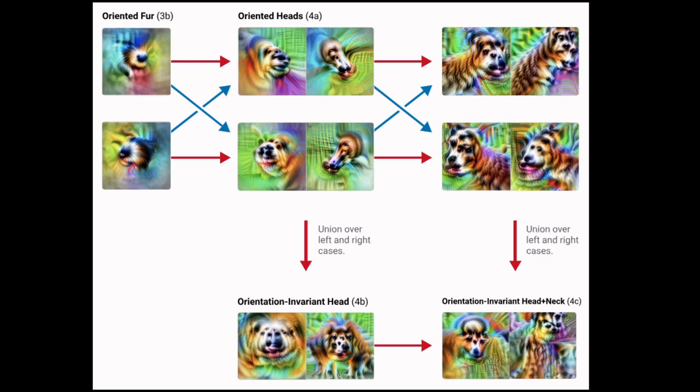The left facing head feature then again stimulates the left-facing dog profile feature, so a dog with a head and a neck, and inhibits a right-facing dog head plus neck feature. So now you are separately detecting a left and a right-facing dog head. The model then basically says, if there's either a left-facing dog or a right-facing dog head, then there is a dog head. We don't care which side the dog is looking at. This seems like a pretty complex algorithm and almost like someone designed it, but no one did. This is behavior that has been observed in these models and that develops inside of these models, almost grows organically there.